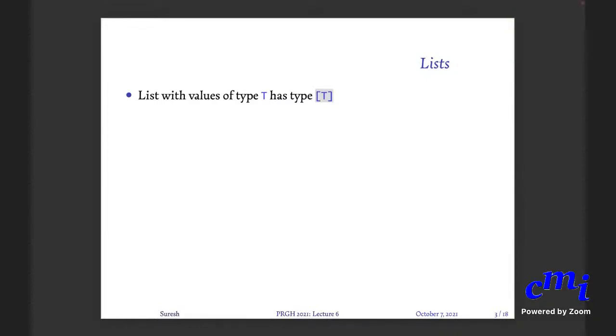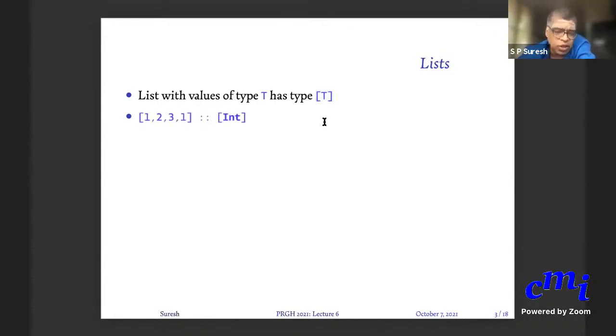You read it as list of Int, list of Char, list of Bool, etc. That means a list all of whose values are of type T. For instance, the list consisting of the entries 1, 2, 3, 1 is a list of Ints. The list whose entries are True, False, and True is a list of Bool, and so on.